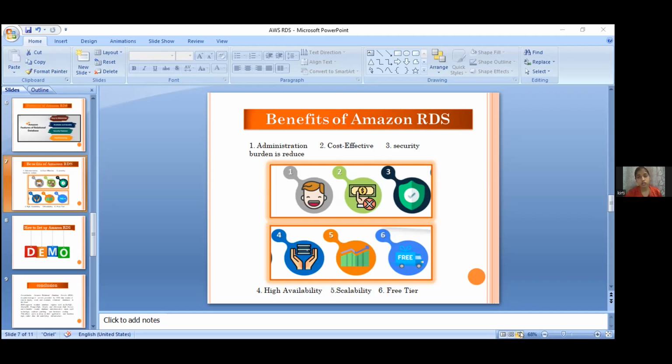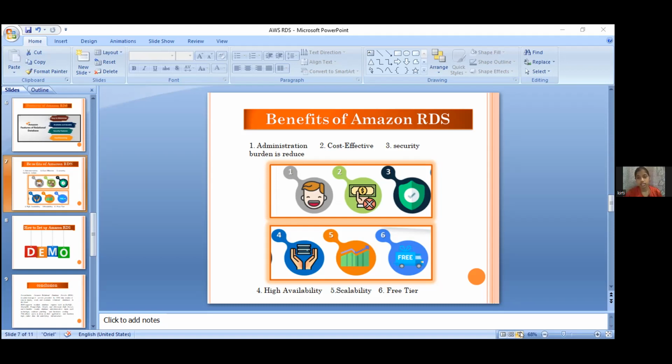First, using RDS, you can easily deploy the database from project conception to production. And second thing is there is no need to install any database software and provide the infrastructure. And AWS automatically installs the latest software patches to the RDS instance which you have launched. And second is cost effective. You just pay for what you use and nothing more.